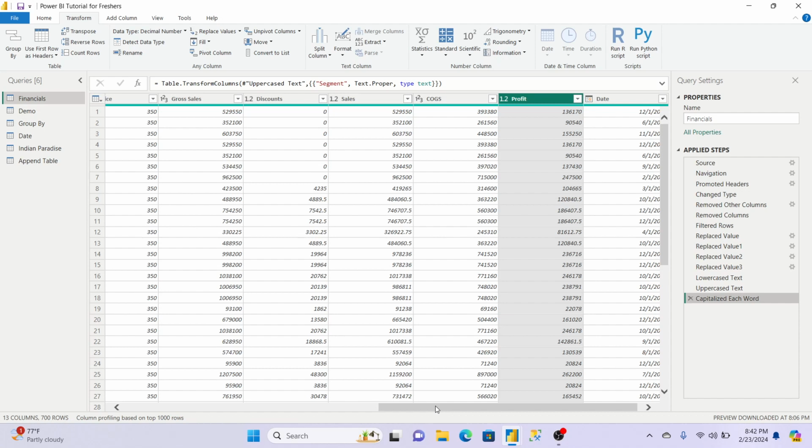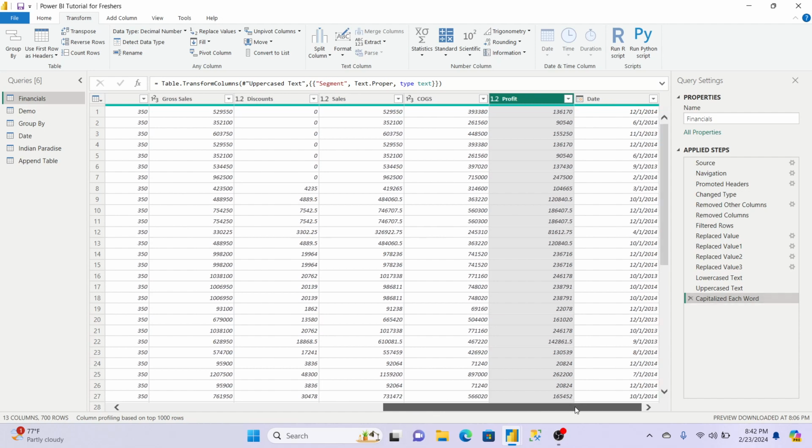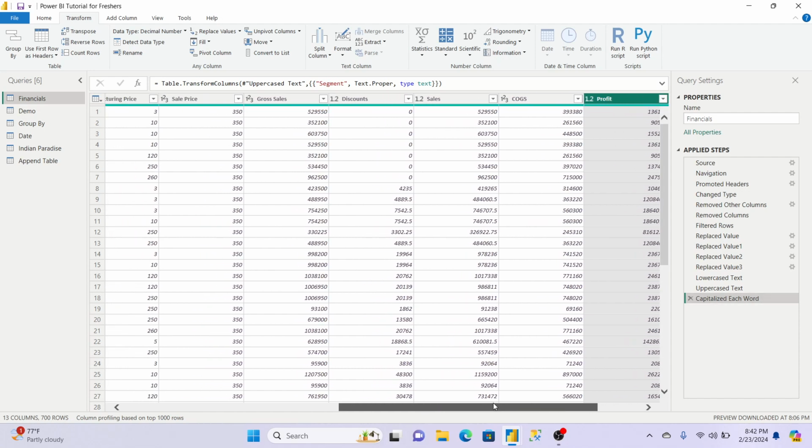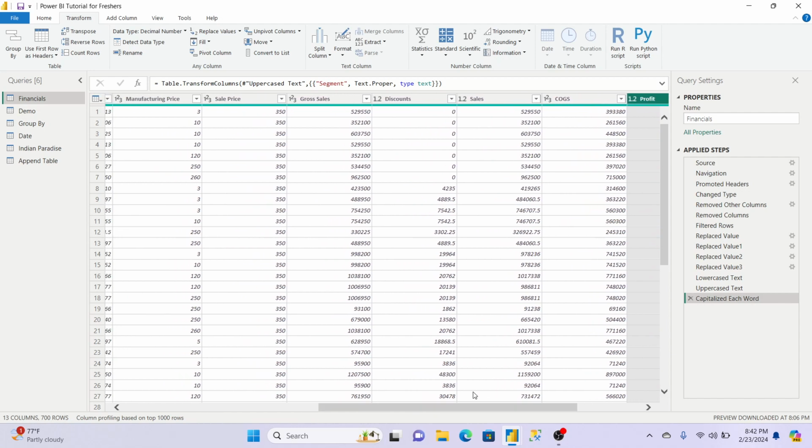It will go up for round up, it takes the next digit. And for round down, it will go back, like if 33.3 is there, then it will go back to 33. Like this, round up and round down are there. This also we use in real time projects. See, I am not getting many decimal values here actually, so I am not able to show you.